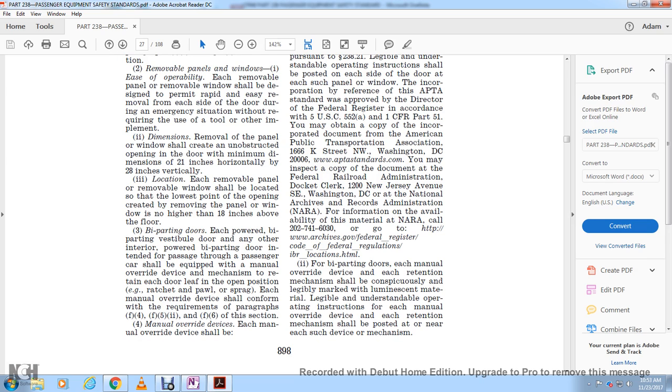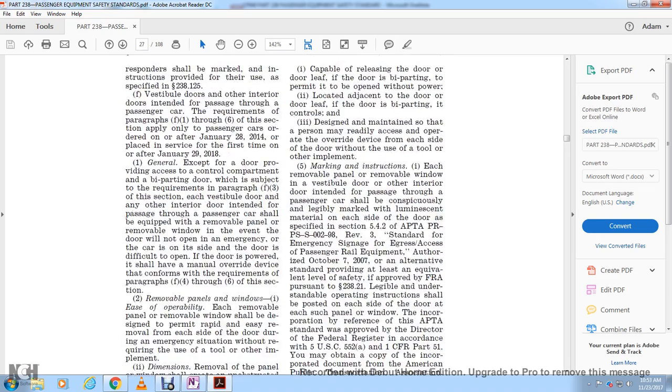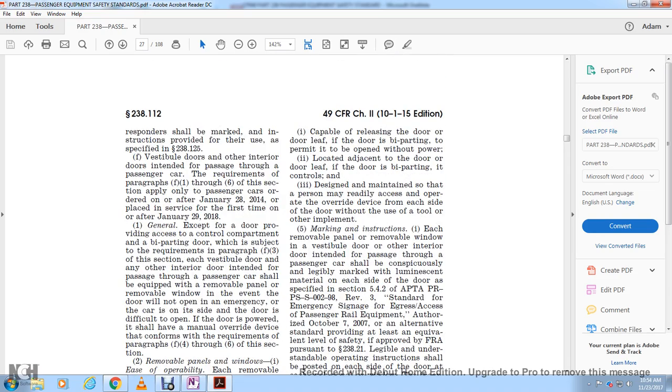Manual override devices. Each manual override device shall, one, be capable of releasing the door leaf, or, where the door is biparting, both door leaves, to the permanent open position, with the power of the door removed. It shall be located adjacent to the door, with controls designated and maintained so that a person can readily access and operate the device on each side of the door without use of a tool or implement. Marking instructions: either the removable panel or removable window of the vestibule door or other interior door intended for passage through the passenger car